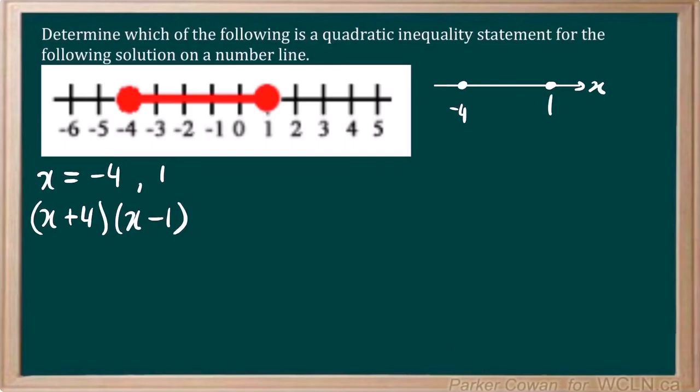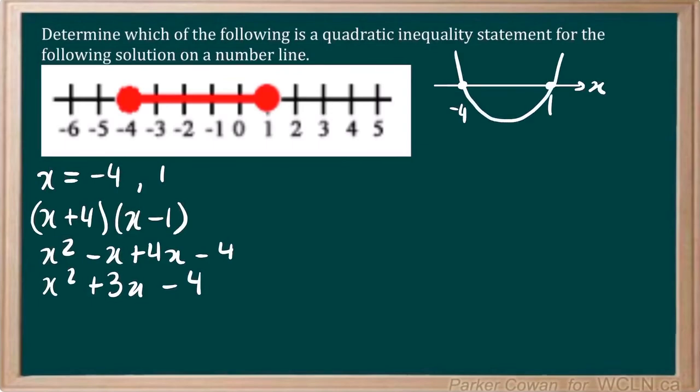So x times x will give us x squared, x times -1 gives -x, plus 4x, and -4. So we have x squared plus 3x minus 4, right? All right, so now we can see that this is indeed a positive parabola. We can see this is a positive parabola, which means our original guess of the orientation is correct. It's going to look something like that, with the arms of the parabola on the left and right going